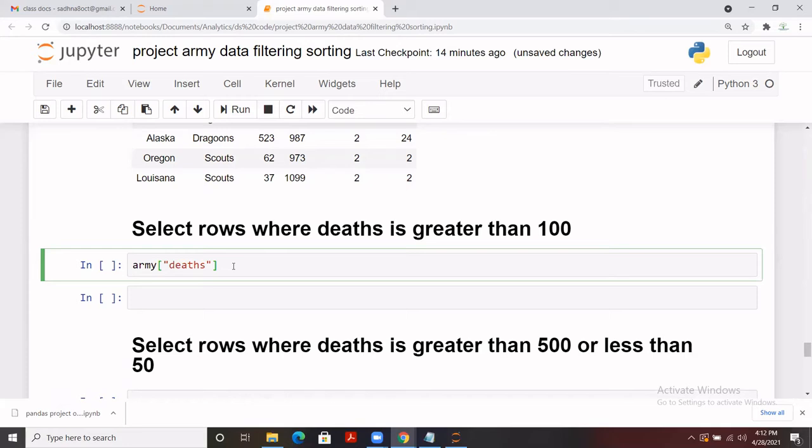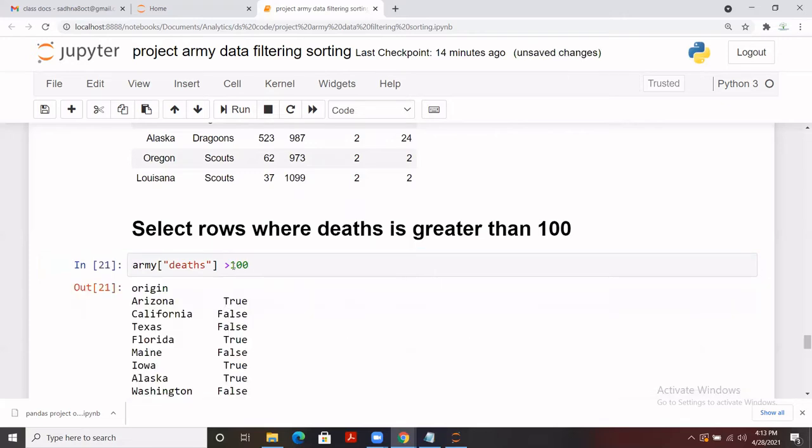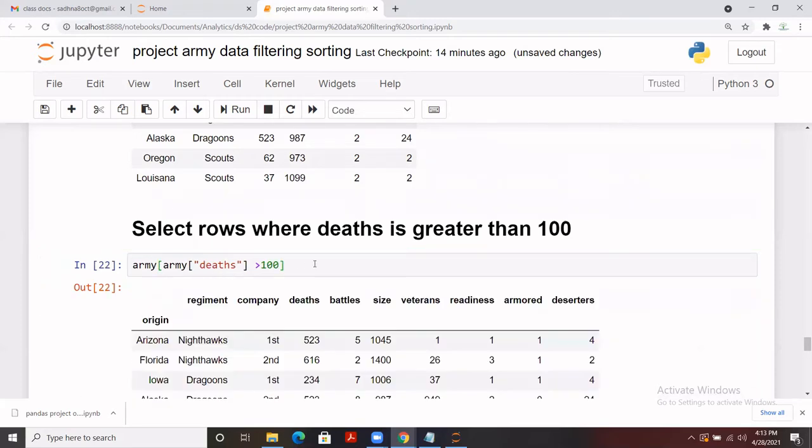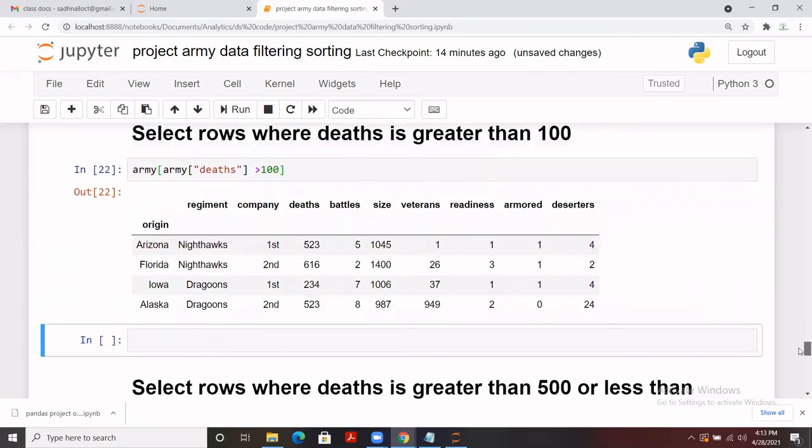And then we have to apply the condition. The condition is that it should be greater than 100. If you directly apply it, you will get the output as true and false. But if you want to subset it, you may write like this. I hope it is clear to you. I've already conveyed this to you in series and data frame as well. So you see that the deaths value is greater than 100 for each and every row. You can apply a certain kind of condition on any column or more than two columns, as per your requirement.